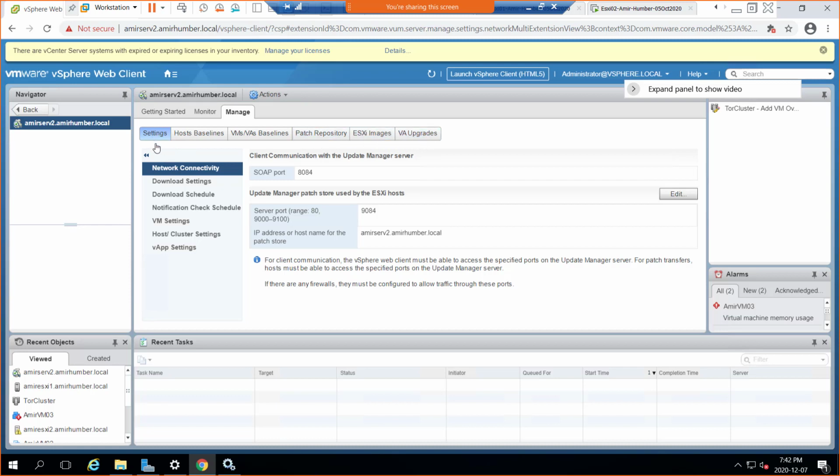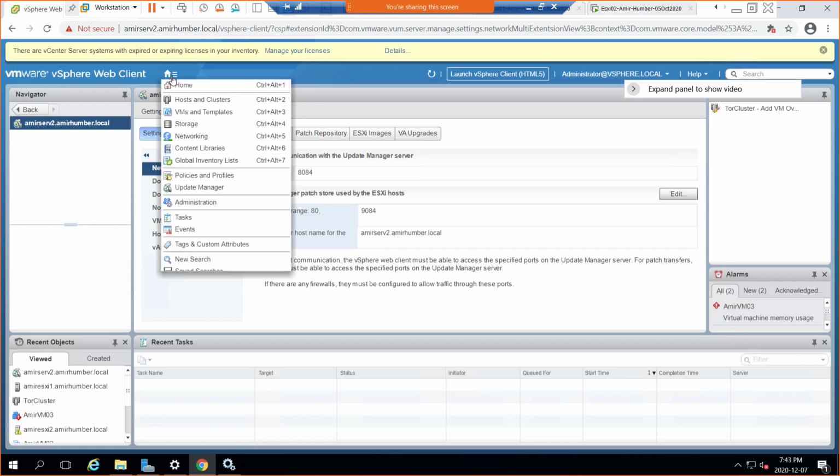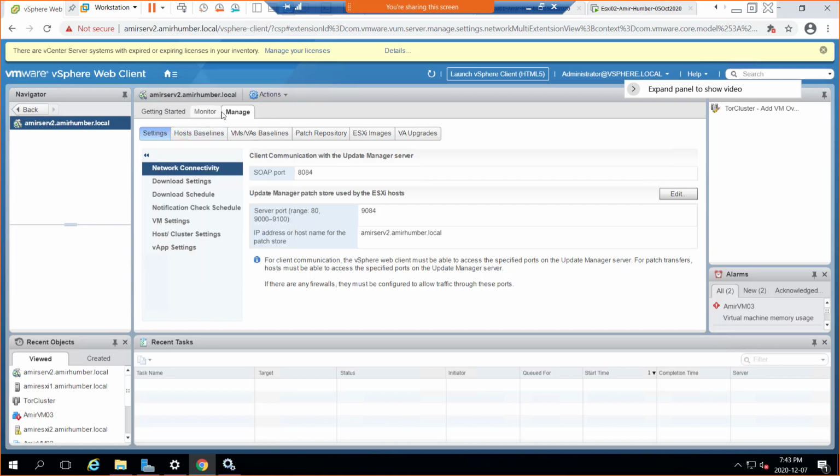The first one is settings, and there you can see network connectivity. How did I come here? You click the home button, then Update Manager, then the name, then Manage.